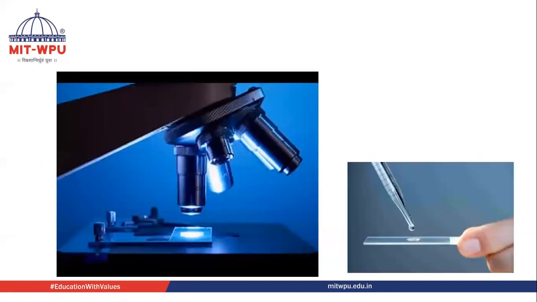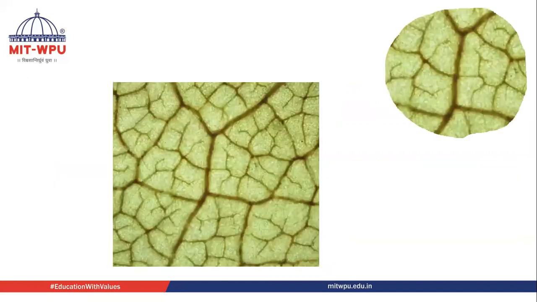So we have to take a leaf and put it into chloral hydrate solution. This chloral hydrate solution removes the chlorophyll pigments and the veins get exposed. We have to boil the leaf in chloral hydrate solution for some time. After that, we take it on a slide and put glycerin to avoid drying, and we can observe under the microscope. So it will look like this, and this is the view through the eyepiece. I can see it like this, and this is a drawing you can see in 1 square mm.